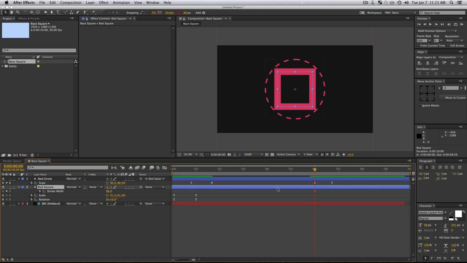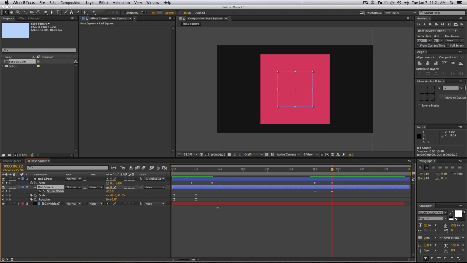So our stroke width keyframe should be at the same point as when our circle starts to pop in. I'm just going to go forward to where our other keyframe was for the scale of our red circle and scale our width up a lot. I'll scale it up until there's nothing in the middle. So that looks to be 476 for me. I will highlight those and press F9 on my keyboard to make it easy ease.